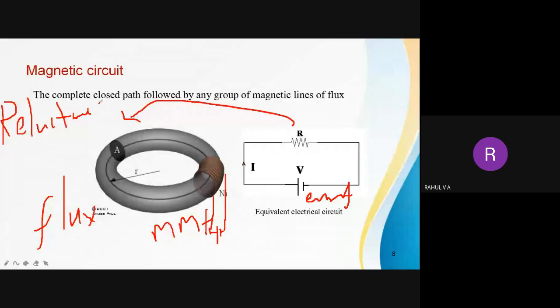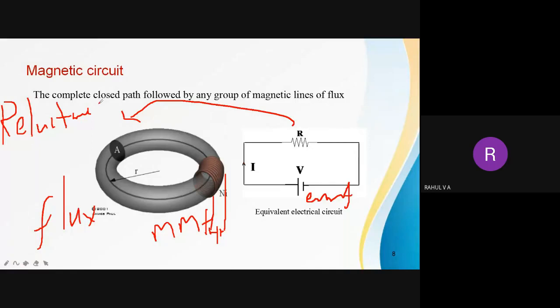Then we have seen magnetic material, those materials which, if you hang them freely in the air, will point towards the north and south direction. There are natural magnets and temporary magnets. Natural magnet means the material itself has the property of a magnetic material. It attracts iron parts. When freely hung, it will point towards north and south. But temporary magnets are those where we can give the property to the material by giving supply to it or by some other means.